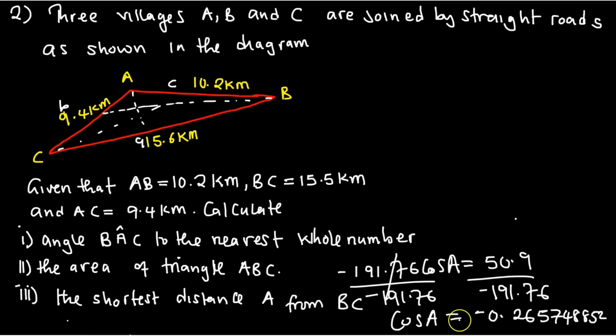At this point where you've reached, this is the angle in decimals, so you can just punch shift and the cos should come as inverse. So punch shift on your calculator, which means angle A, which is angle BAC, is equal to cos inverse. The number is still there on the calculator, so you can just punch shift, cos, equals. But if you removed it, you can punch shift, cos, then enter this number. It should be able to give you this